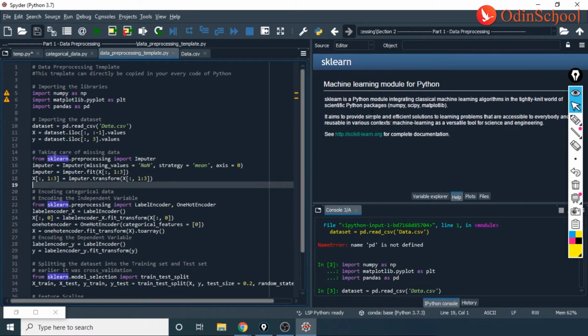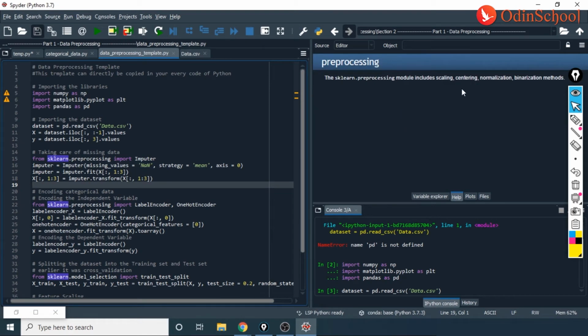So till then, my suggestion is to be a bit patient, to understand what the aspects are in and around scikit. Just go through different websites to have a deeper understanding about scikit or the scientific computing library, and then you can start working on it. Now, when we talk about data pre-processing, I hope you have understood that there are four processes in it. You have scaling, you have centering, you have normalization, and you have binarization.